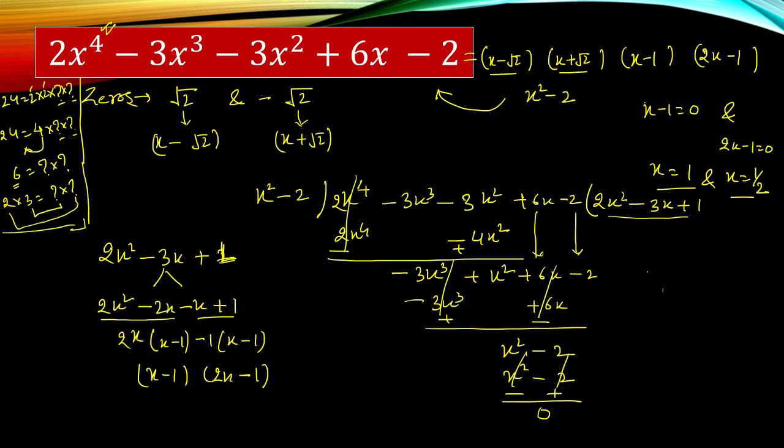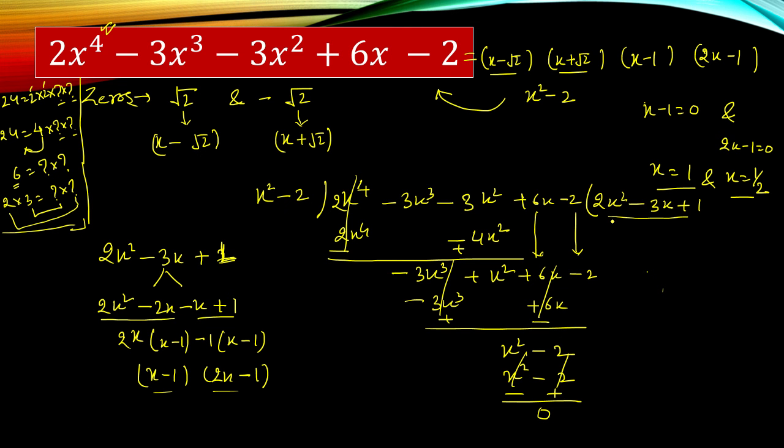If we are going to divide the polynomial by the product of the factors, then definitely we will find the product of the remaining factors. So this is the product of the remaining factors. Now get the factors. Factors are now x minus 1 and 2x minus 1. Equate the factors to 0 and get the zeros. These are the remaining zeros: x is equal to 1 and x is equal to 1 by 2. This was the full method.